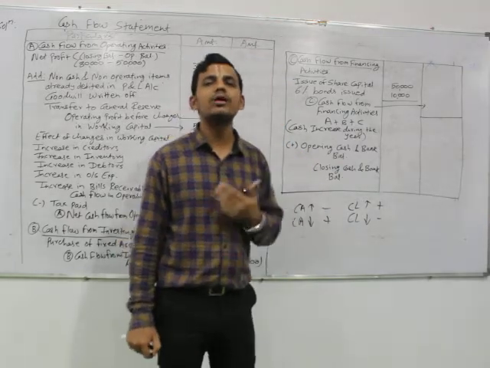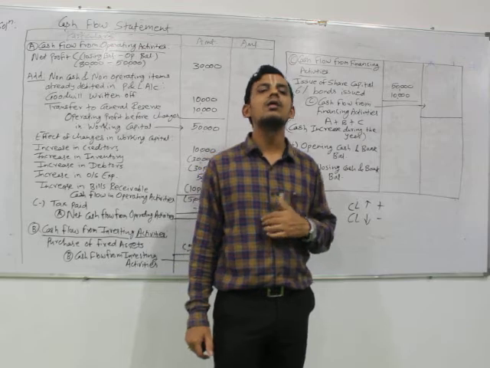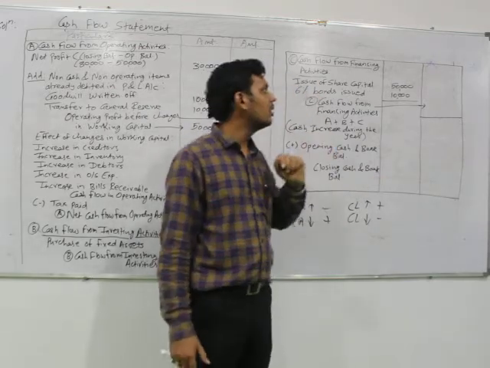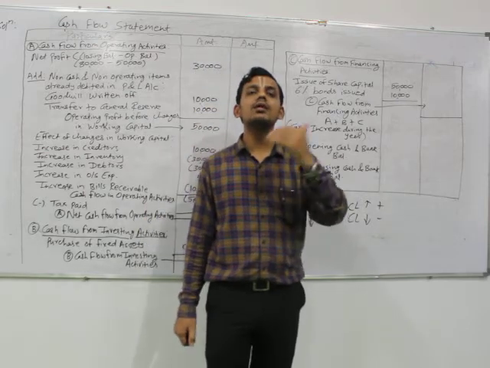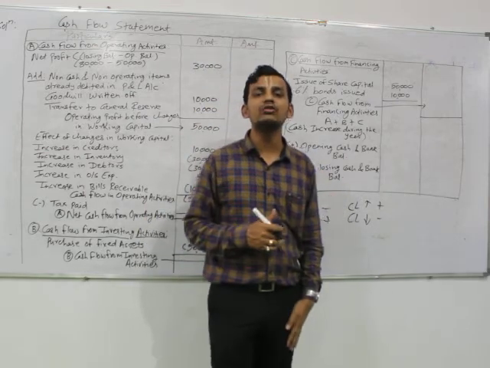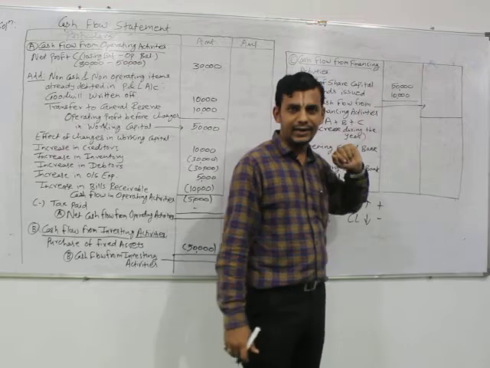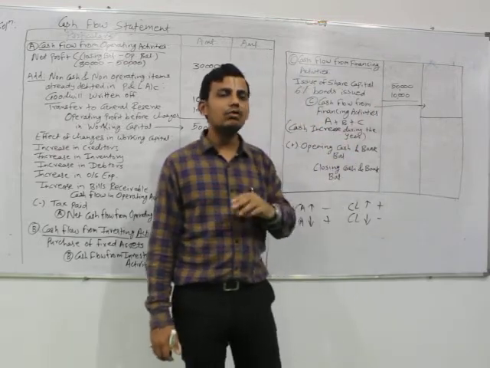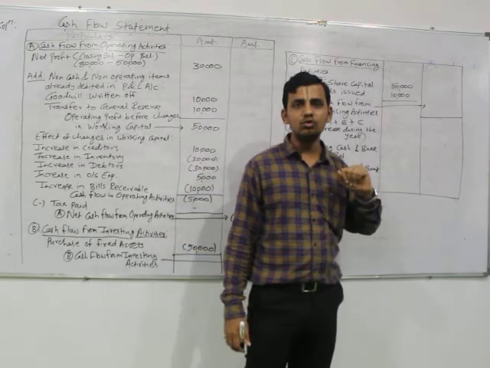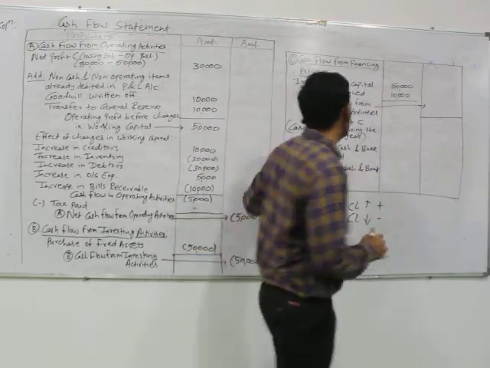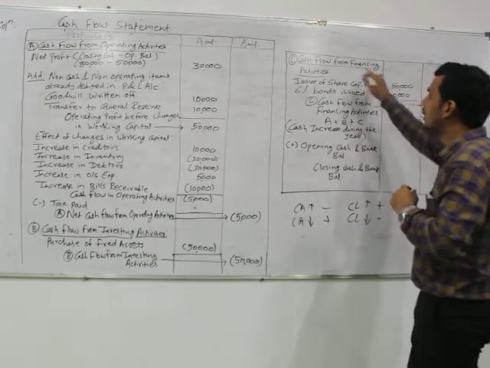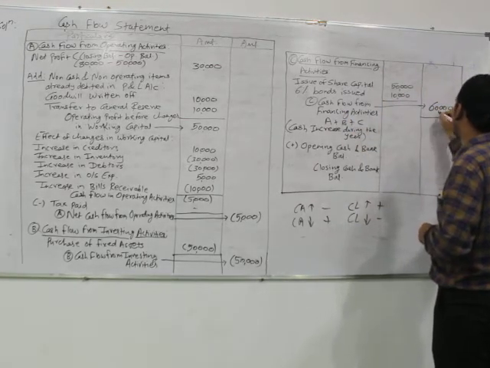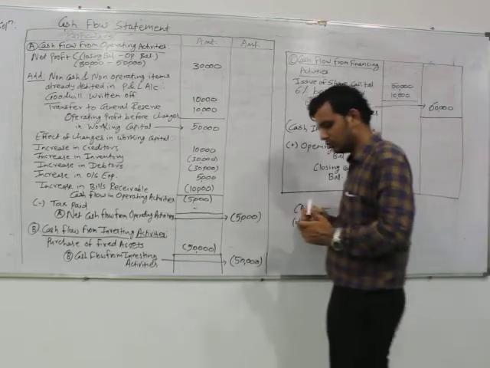Here we have to see from where the business has raised funds in the current year as compared to the previous year. So we can see that there is an issue of share capital of rupees 50,000. As there is an issue of share capital, it would lead to cash inflow, hence 50,000 would be added. Then there is again an issue of 6% bonds by the company, therefore there is again an inflow of rupees 10,000. As both items are positive, only two items belong to the third segment, that is cash flow from financing activity, hence we can make a positive total of rupees 60,000.